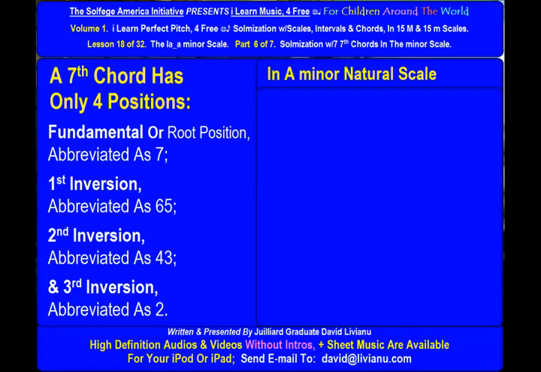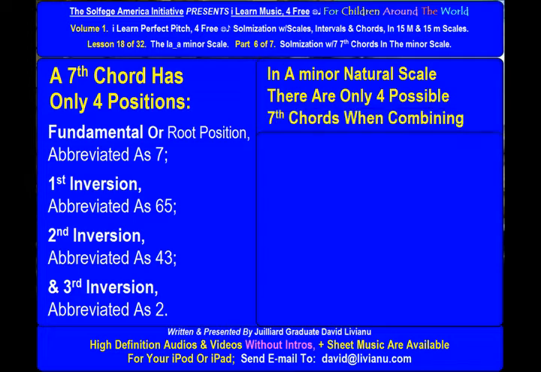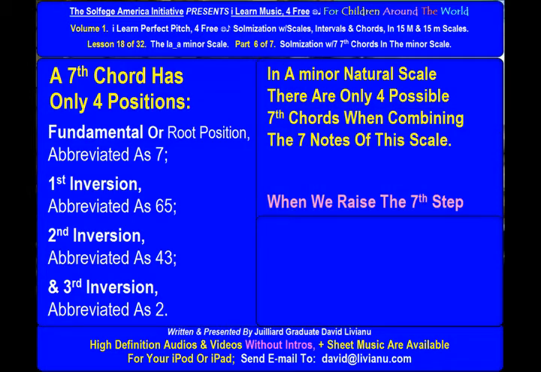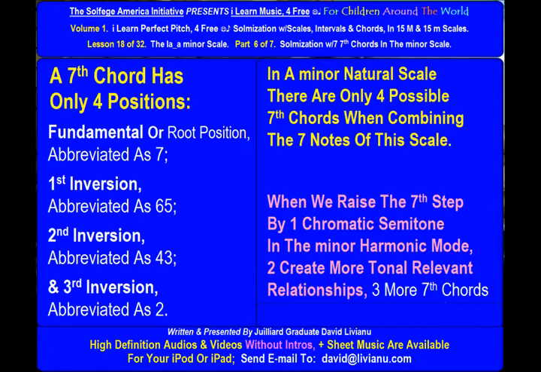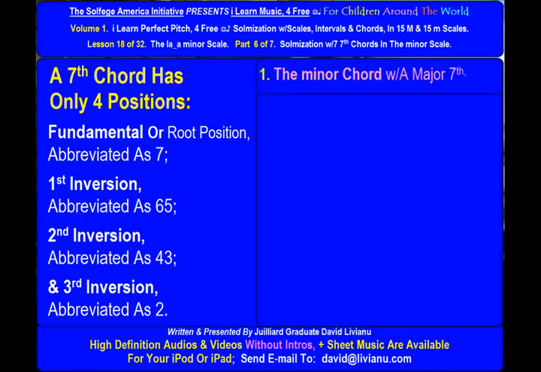In a minor natural scale, there are only 4 possible seventh chords when combining the 7 notes of this scale. When we raise the 7th step by 1 chromatic semitone in the minor harmonic mode to create more tonal relevant relationships, 3 more seventh chords are possible, for a total of 7 seventh chords: the minor chord with a major